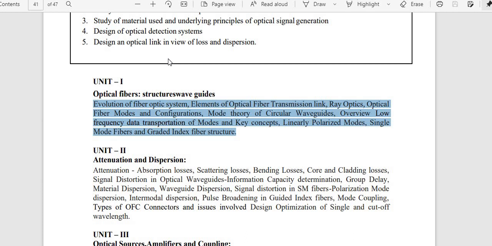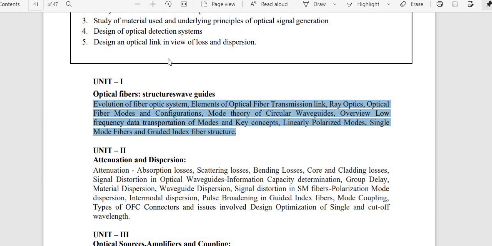So in the next class I am going to proceed with unit 2. In that we are completely concerned with losses, the attenuation. Why do we go for attenuation? What does attenuation mean? We try to reduce the strength of the signal in order to get the desired information. We have to attenuate, because we may get scattering losses, bending losses, because our light can be bent, right? We may get core and cladding losses. We want to overcome those losses in the optical waveguides.